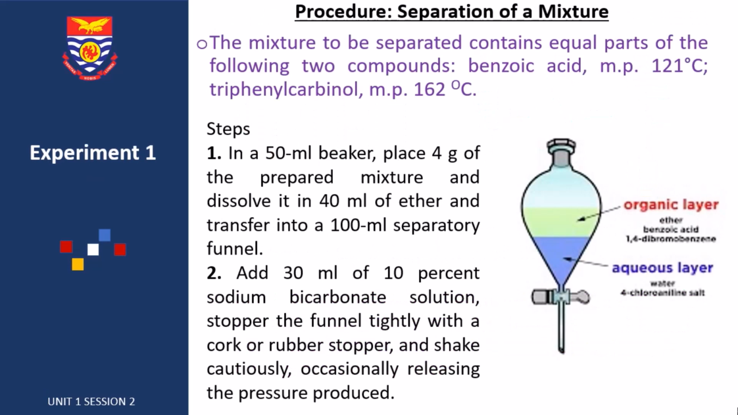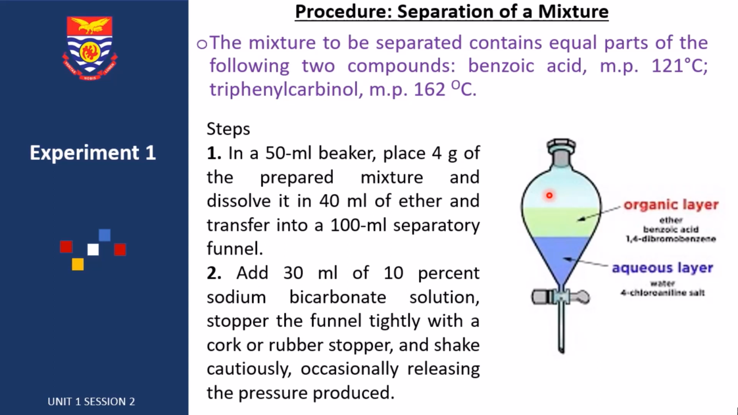In your experiment, the mixture to be separated contains equal parts of these two compounds, benzoic acid and triphenylcarbinol. During the experiment, you are supposed to add about 4 grams of the mixture into a separatory funnel, and then you add about 40 ml of ether to it. Then you add 10 ml of 10% sodium bicarbonate solution to the contents in your separatory funnel, and then you cock it and shake it,